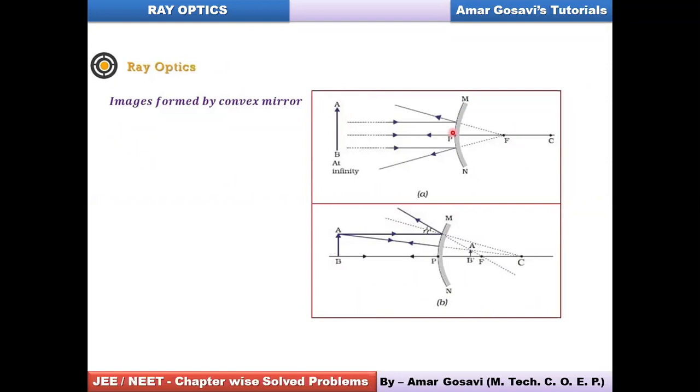So these are the ray diagrams, or this is how you actually locate where the image would be formed for different situations so far as convex mirrors are concerned. So hopefully you have understood this. Please make a note of it and let me know in the chat section so that I proceed forward.